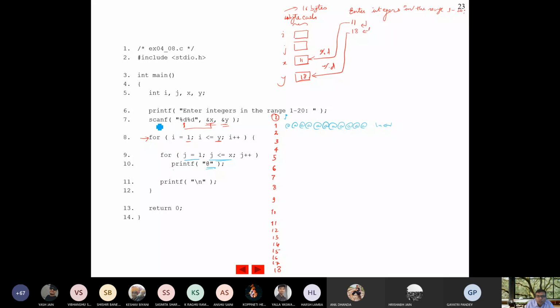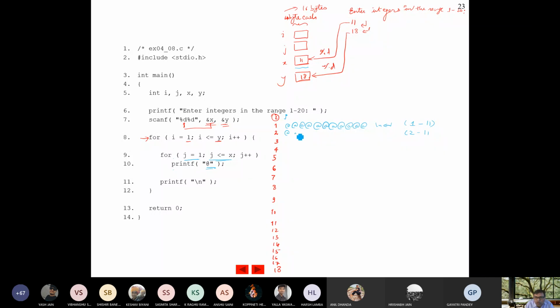Fine. Now the for loop will start again, and the earlier loop was J equals to 1. Now the next for loop will be J equals to 2. Okay. So it will start from 2. The earlier one is for 1 to 11 because I had entered 11. Now the next for loop will execute for 2 to 11.